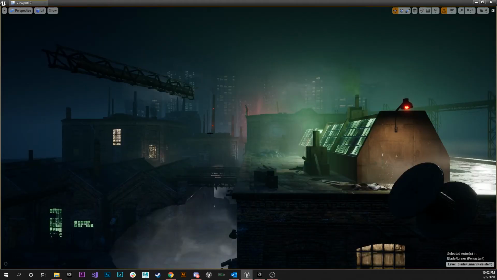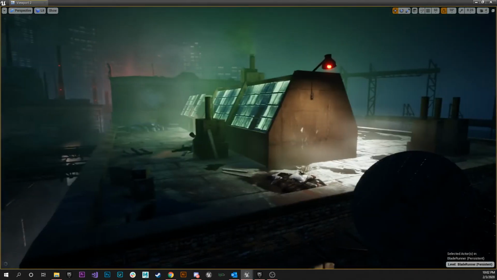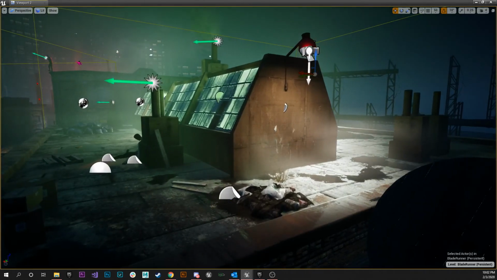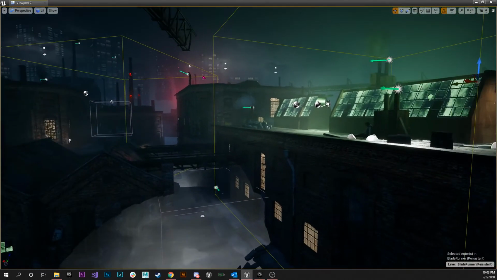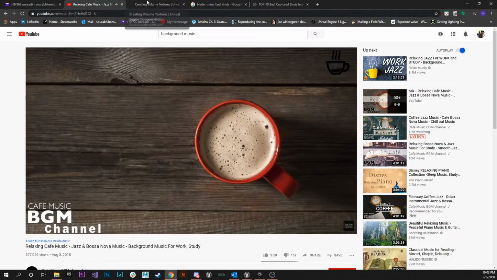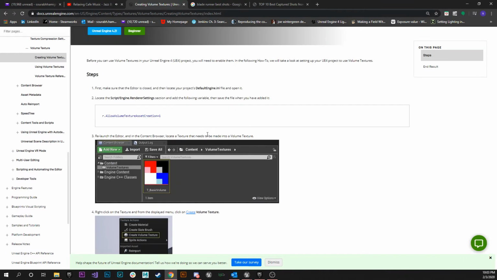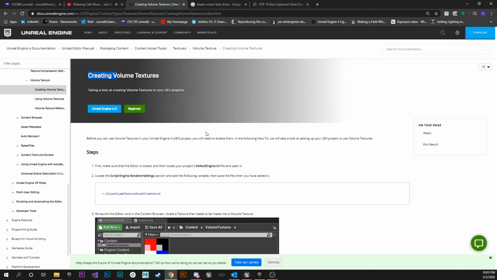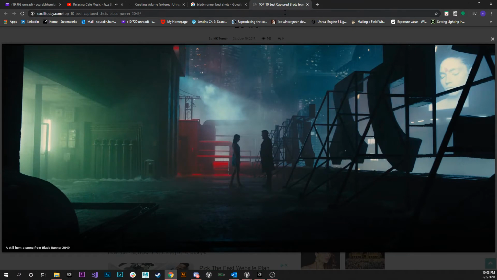And the next thing that's carrying the ambience or the atmosphere is the local volumetric fogs, which are created from something called volume textures or 3D textures. Volume textures are basically something like flipbooks or sprite sheets, but instead of the third dimension being time, the third dimension is one of the axes. For example,